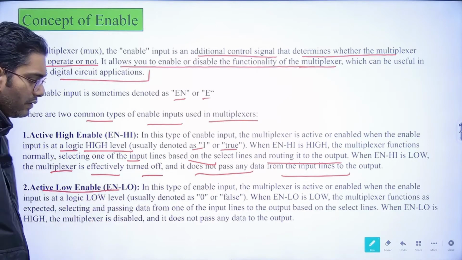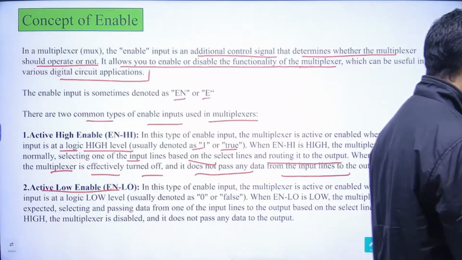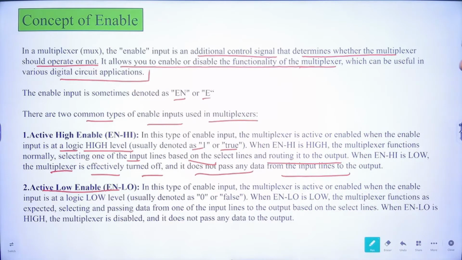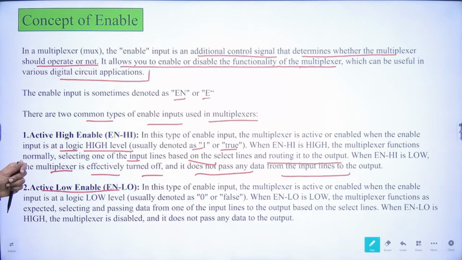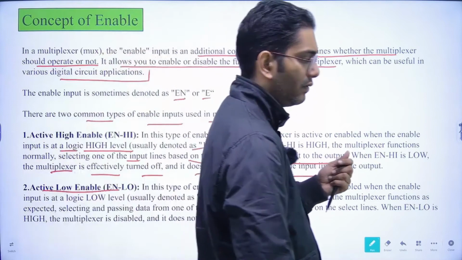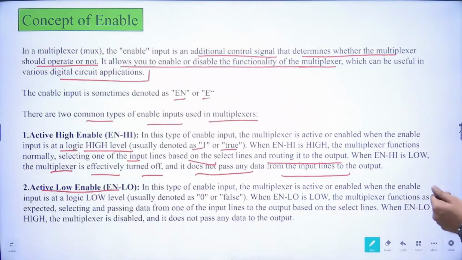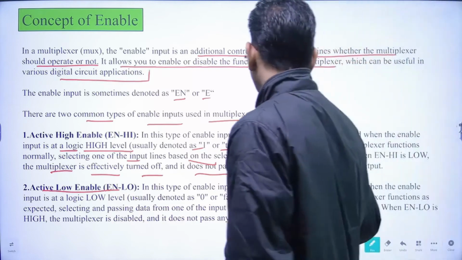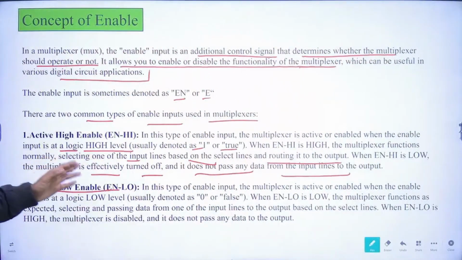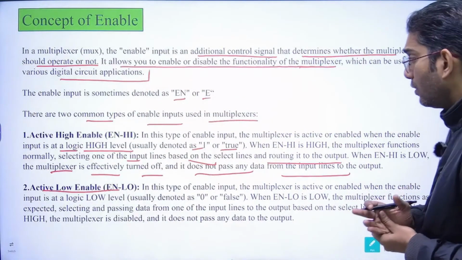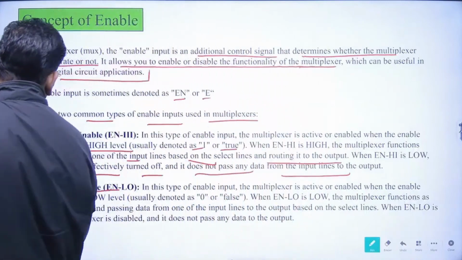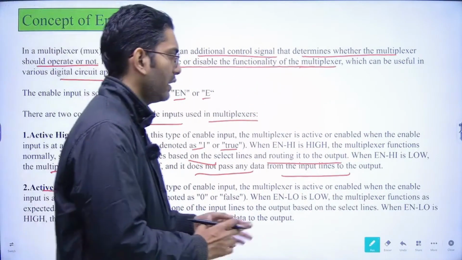Now the other is the active low enable. In the active high enable, whenever the enable is high, the multiplexer functions normally, selecting one of the input lines based on the select lines and routing it to the output. In the active low enable, the multiplexer is active or enabled